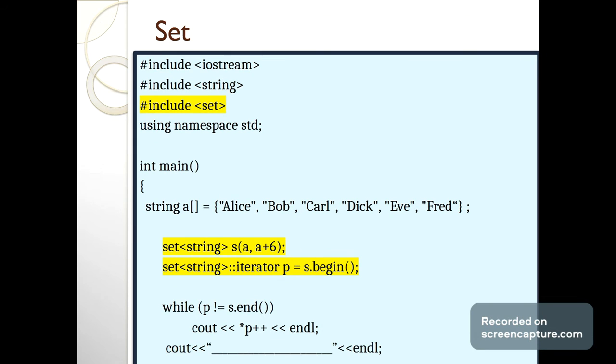Okay. Next, just after this, I'm writing s dot erase bob. It means from the set, I'm erasing the value which is there. I don't write s dot erase position, I just write the key value. Here the key is there, and based on the key, every operation is being performed. So I just write s dot erase bob.